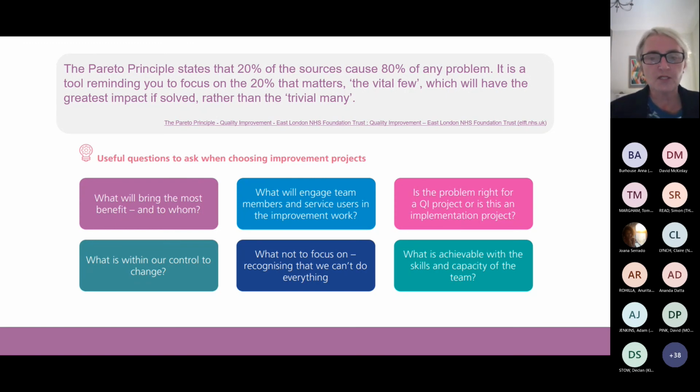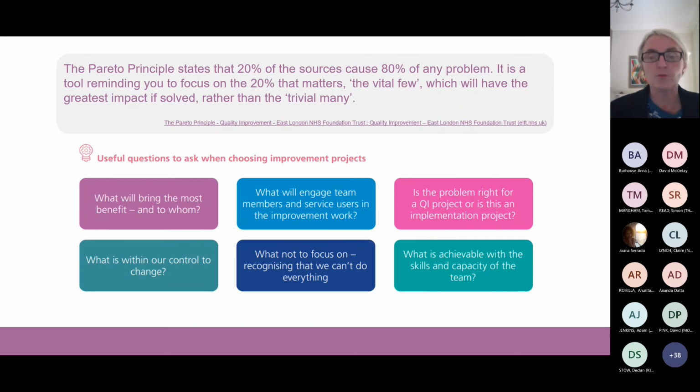So when you're thinking about starting an improvement project, there are some questions you may want to ask yourself within your team. If we do this, who are we looking to benefit, and what kind of benefit are we looking for? How are we really going to engage the team and service users in that improvement work so it feels like a real team effort? And then coming back to the PDSA, is this a QI project or